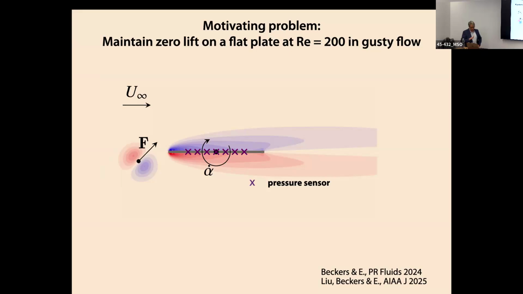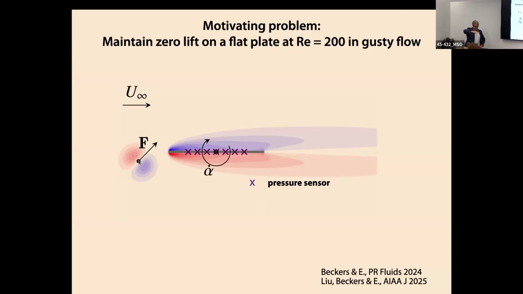So this is the simplest aerodynamic shape you can imagine. It's a flat plate, okay? It's not an airfoil, it's just a flat plate. And I have this wing, I'll call it a wing generously, okay? It has a pitch control. It's got some sensors on it, these little pressure sensors, and it's going to be responding to these gusts from vortex dipoles that are hitting it from different directions and so on, different strengths.